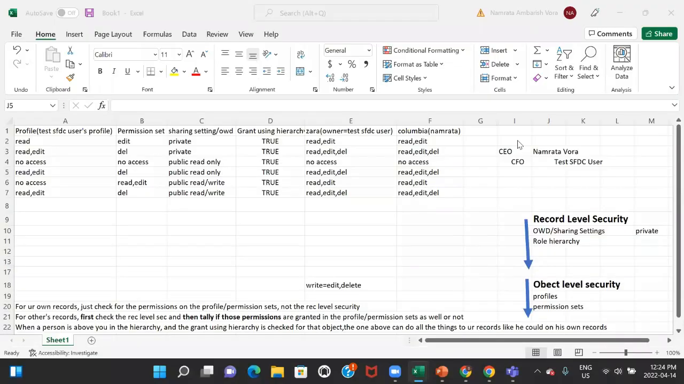Now, in the previous example, what we had done was test SFDC user was at a role called CEO, which was above me in the hierarchy and I was below him. But now I've swapped the roles. Now I am at a higher hierarchy level, which is CEO, and test SFDC user is below me. Now, even though grant using hierarchy is true, can he see my records? No, because he's below me in the hierarchy. So now what do I do if I want to share the records with this user? So the next level to open up the access is